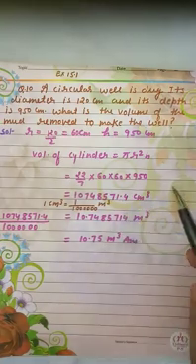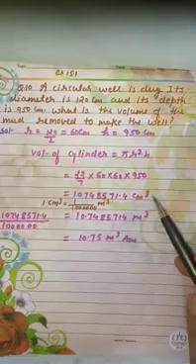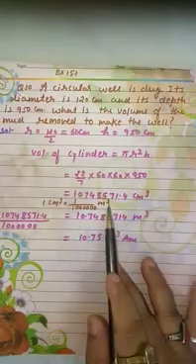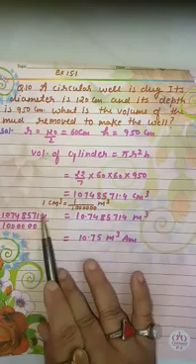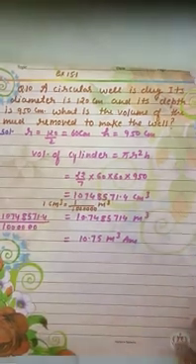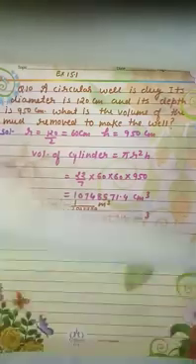It is correct, class. If we want to find in meter, 1 centimeter cube equals 1 upon 10 lakh meter cube. So we'll divide this by 10 lakh, so it will be 10.75 meter cube. This will be the volume of mud removed to make the well.